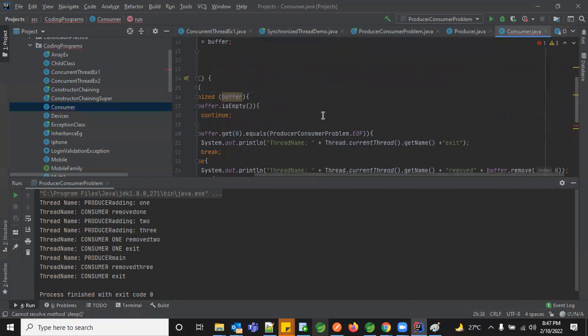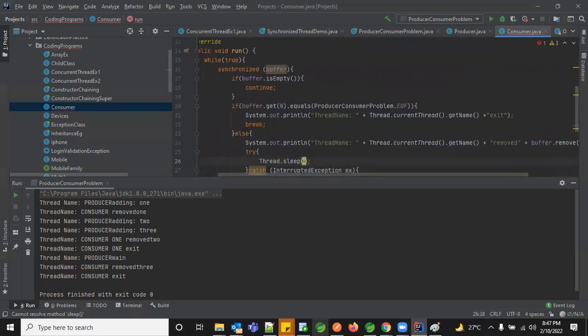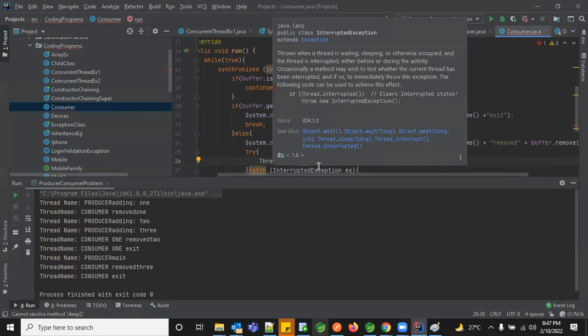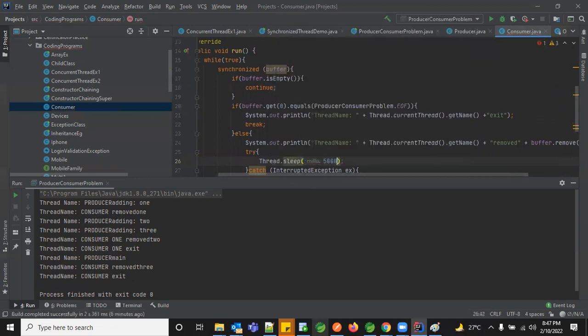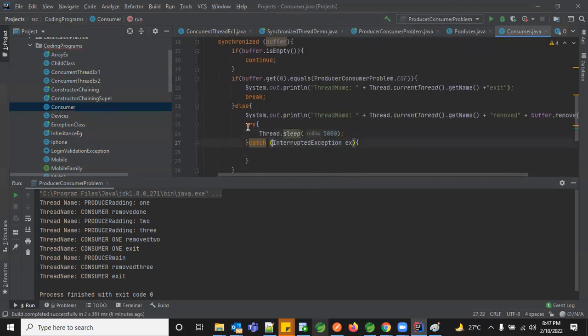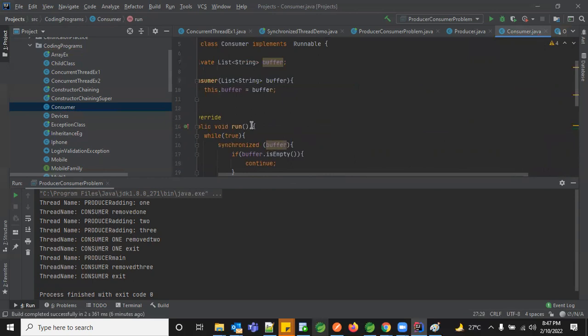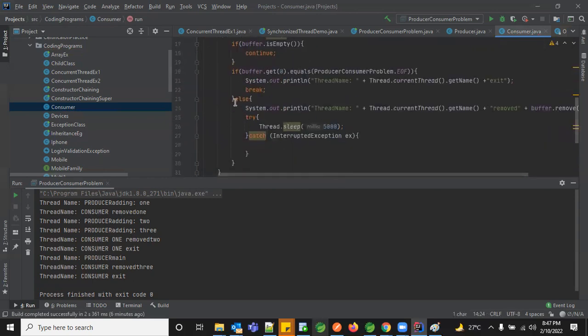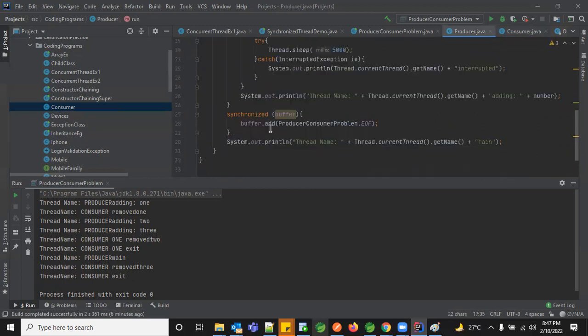You can either give throws or have a try-catch block, because it will throw an exception. So either you can have that thrown as part of your run method, or you can have a try-catch block. I wanted to have it as a try-catch block to see whether that comes as an error message or not.